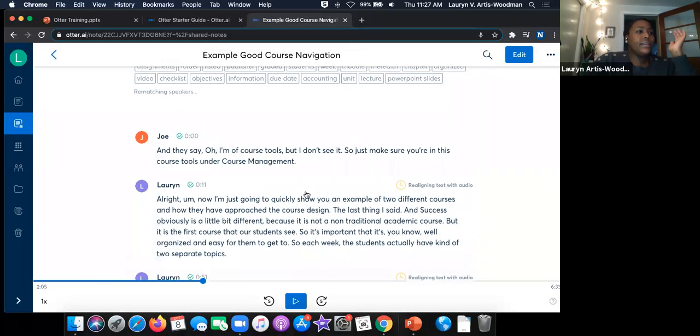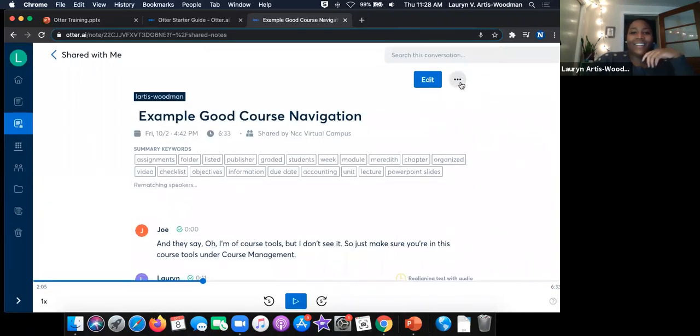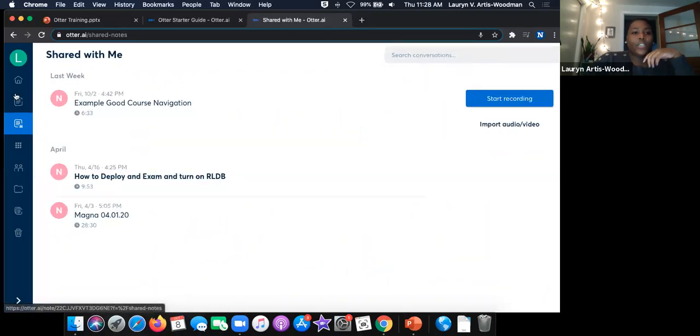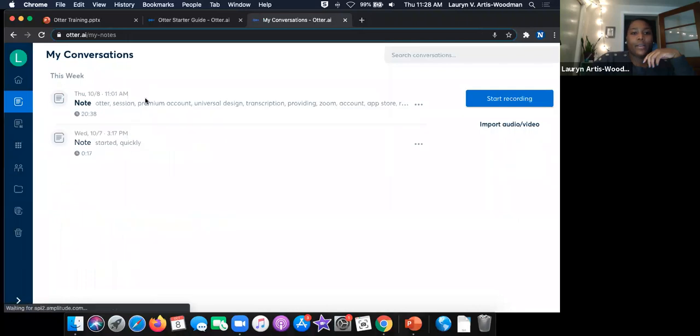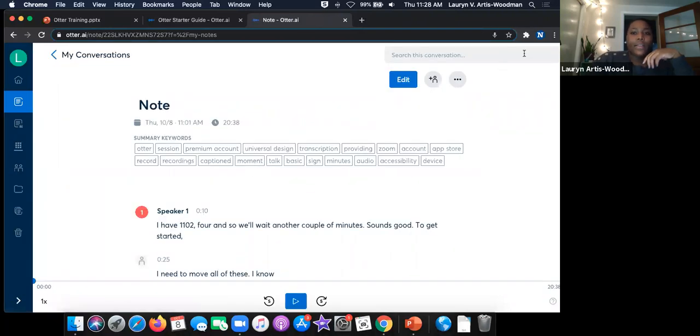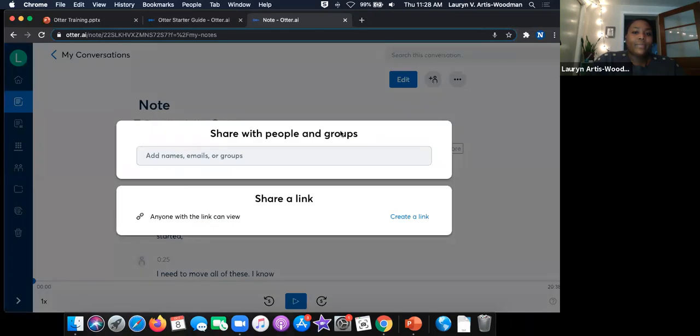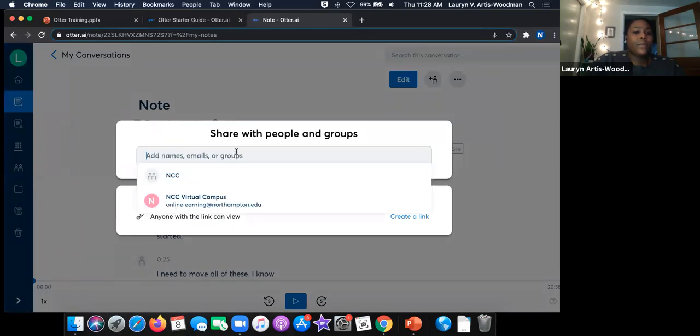And yeah, I'm on that part now. Let me show you, this is shared with me, so I can't share from there. But let's say now I've edited it and I want to just send a link. I want to share it with people. Next to edit, there is a button for share. And it's very simple. You can add their email address and it'll send it right to them, or you can